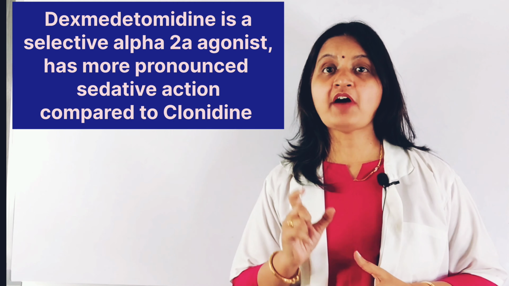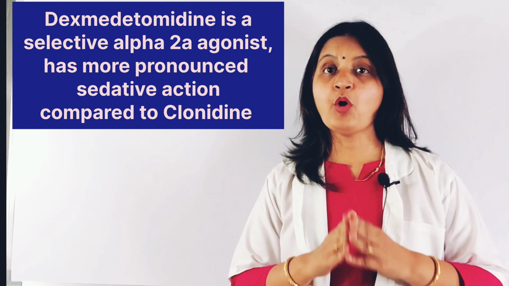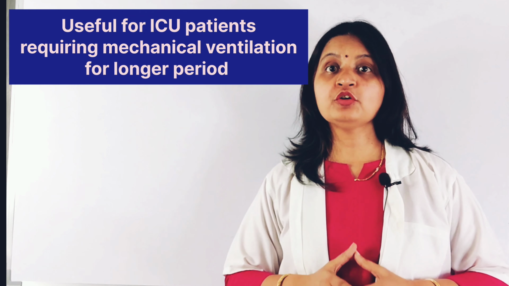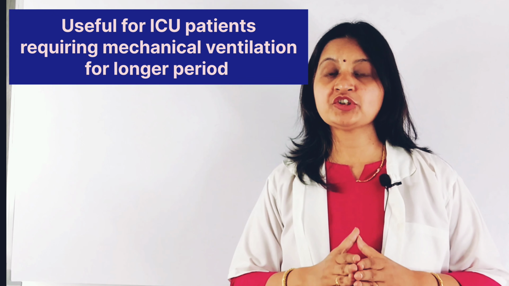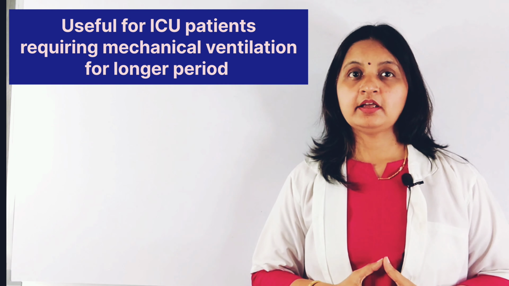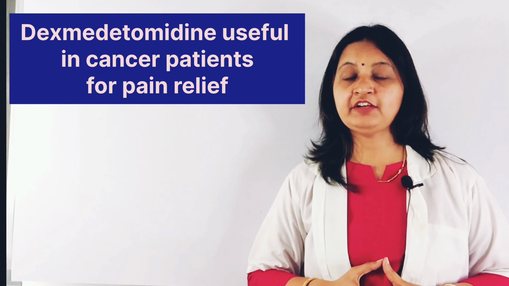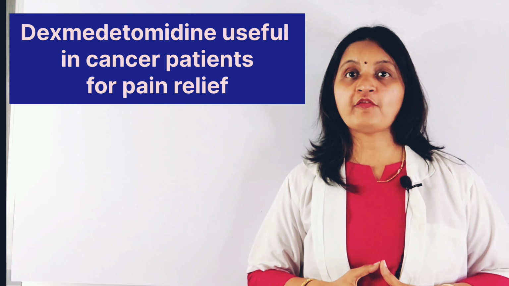It is a selective alpha-2A agonist and has a more pronounced action compared to that of clonidine. It is very useful for the treatment of ICU patients requiring mechanical ventilation for a long period. Dexmedetomidine is also used in cancer patients for pain relief and reduces the need for opioid use because of its